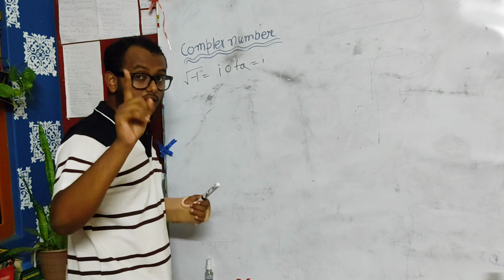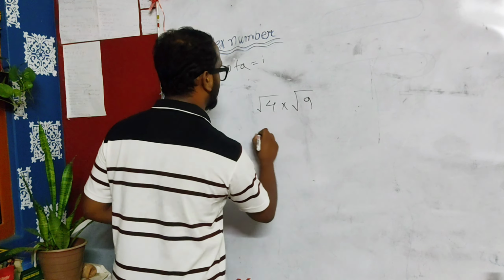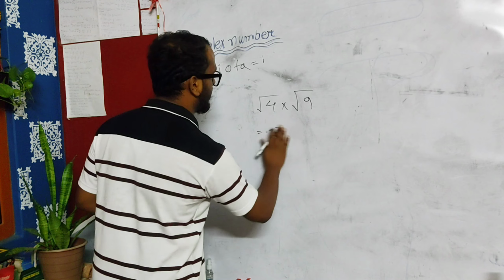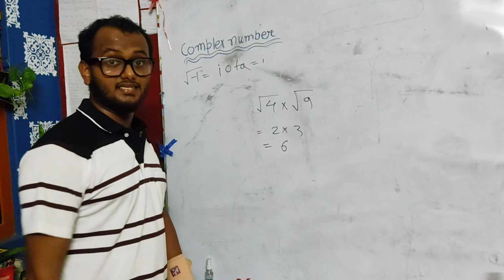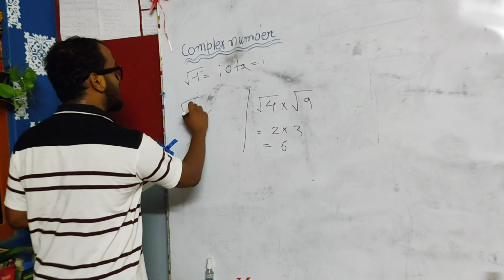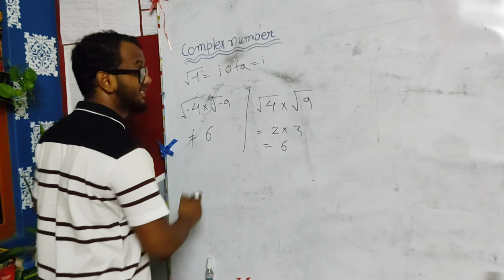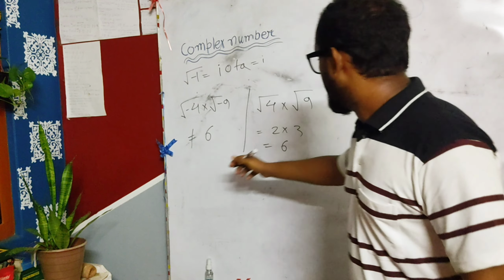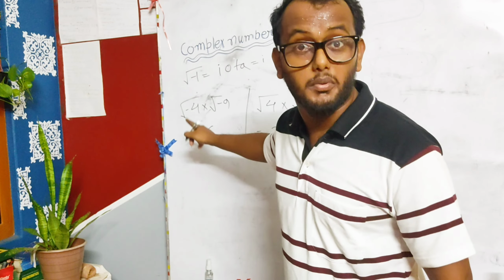You just keep this one in mind, okay? Root over 4 into root over 9, that is 2 into 3, that is simply 6. But root over minus 4 into root over minus 9 is not equal to 6. We just keep this one in mind. Root over 4 into root over 9 is 6, but root over minus 4 into root over minus 9 is not equal to 6. Minus 6? No. Then